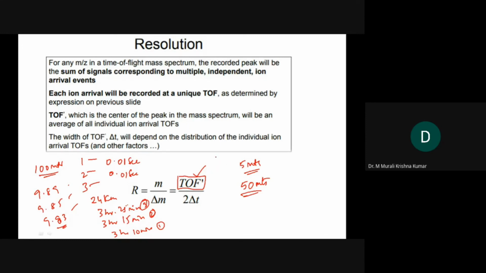Because the ion is very small, if you have a tube like this and you ask it to run in this direction, and you increase the length, you are going to increase the time of flight. Thereby you can increase the resolution. So friends, I hope I made myself clear here, on the resolution part.